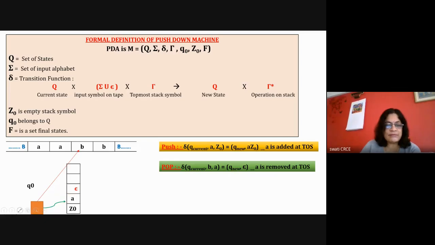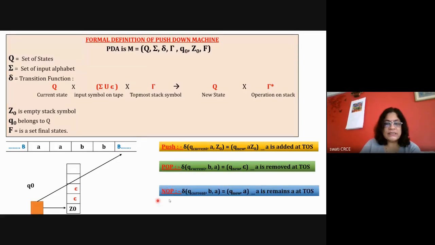And the top of the stack pointer will go below, and at the same time the read head pointer will go ahead. So what is happening in the pop of the stack is that in this particular situation, these operations will be performed. This A is overwritten by epsilon, the top of the stack is changed, and the read head is moving right. This is the entire pop operation. Now again here B and A, so the entire pop operation will be: replace A with epsilon, change the top of the stack, and change the pointer of the read head. And then with the condition B with Z0, it will go to the final state and stop, with no operation.